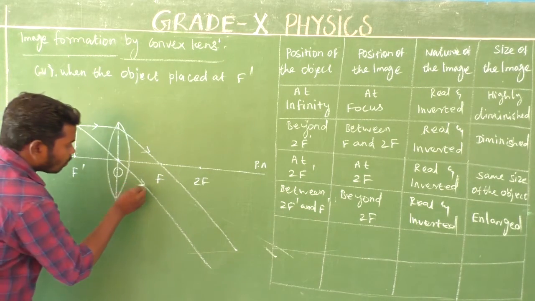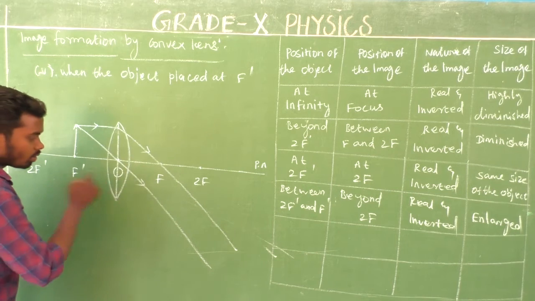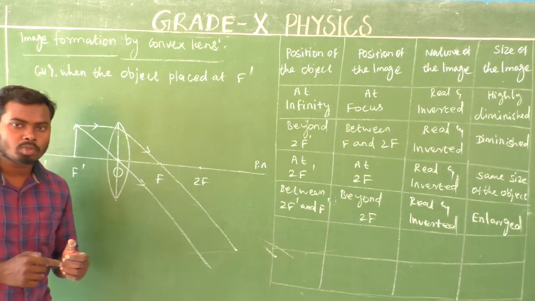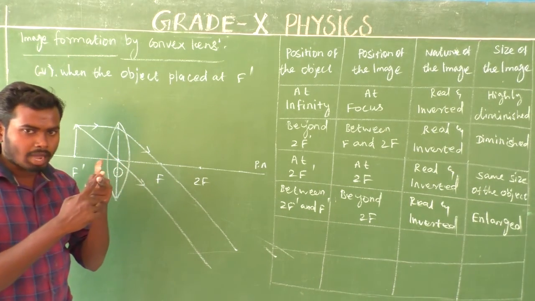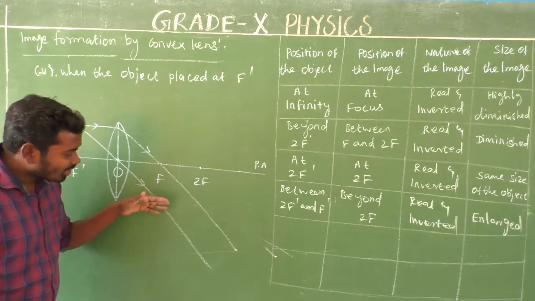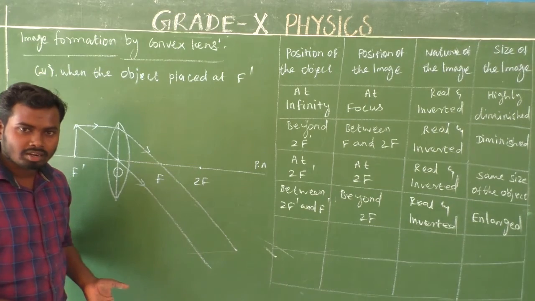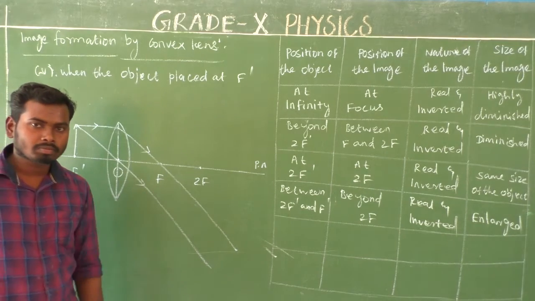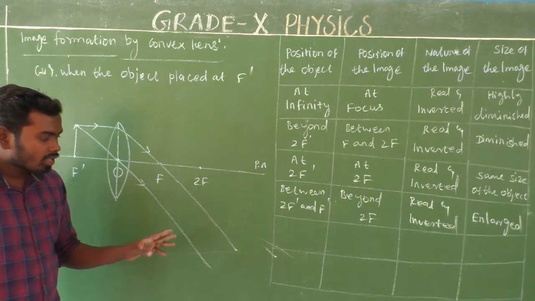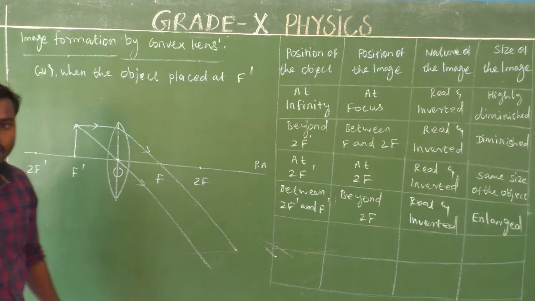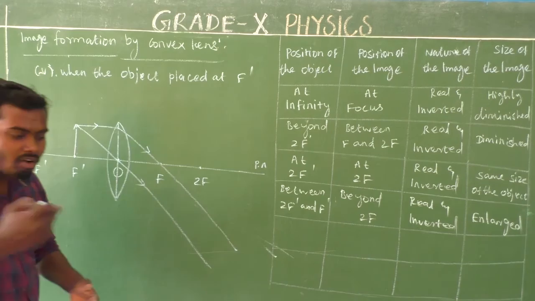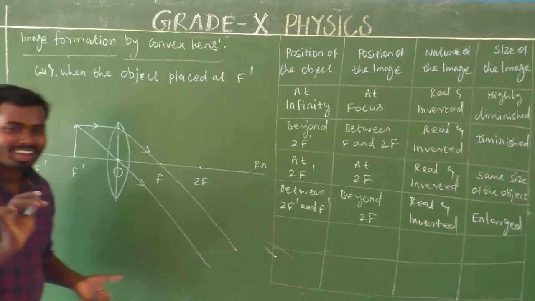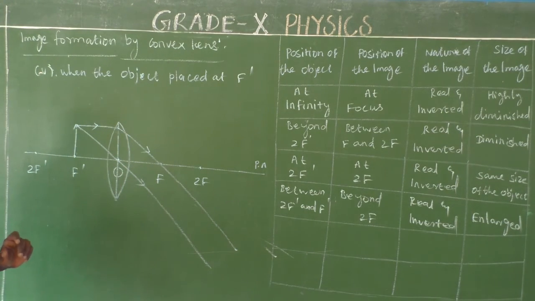Look at here. Both are refracted rays. So this is one refracted ray and that is the other refracted ray. So what is the rule to form an image? An image is formed where the two refracted rays intersect together. But look at here, the two refracted rays are parallel to each other. Then where will the image be formed? Here the two rays will meet at infinity. So the image will be formed at infinity. We cannot see that. Is it clear? So this is the fifth one.